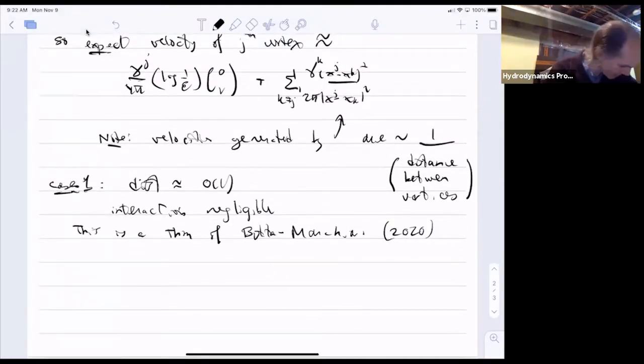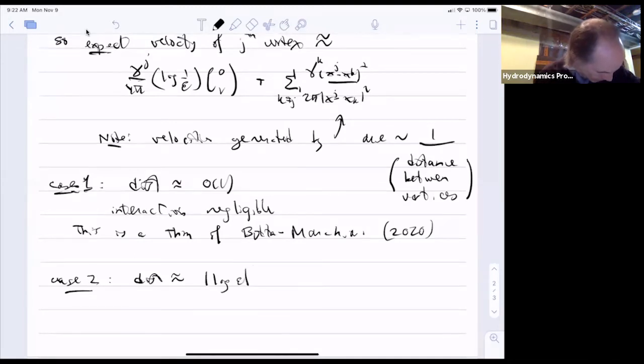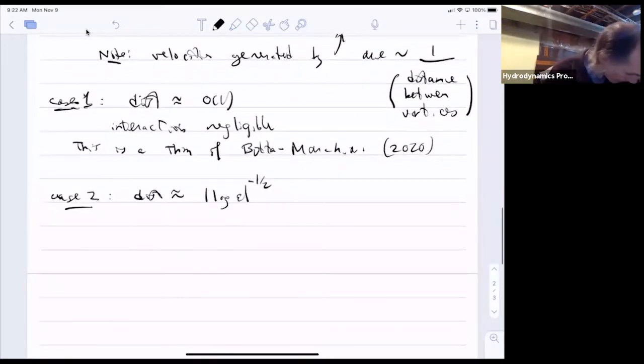So the first interesting case is if the distance... the point is, as they get closer together, the interaction gets stronger. And so if the distance is like log epsilon to the -1/2, then what happens? Then, okay, so then note, okay, so then in times